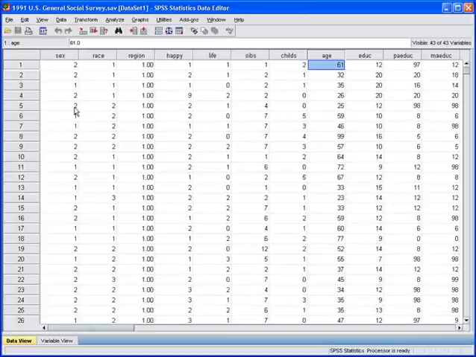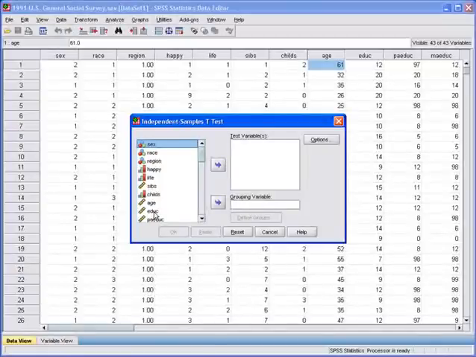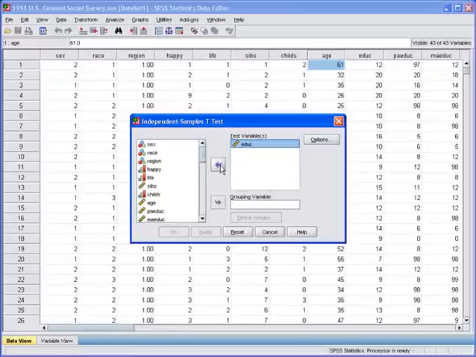Let's begin by examining if there is a difference in education level between males and females in this data set. Okay, so the first thing you do is you go to Analyze, you go down to Compare Means, and you go to Independent Sample t-test. Next, you take your dependent variable, which is education, and you move it to the Test Variables box. Next, you find your independent variable for gender, which is sex, and you move it down into the Group Variable